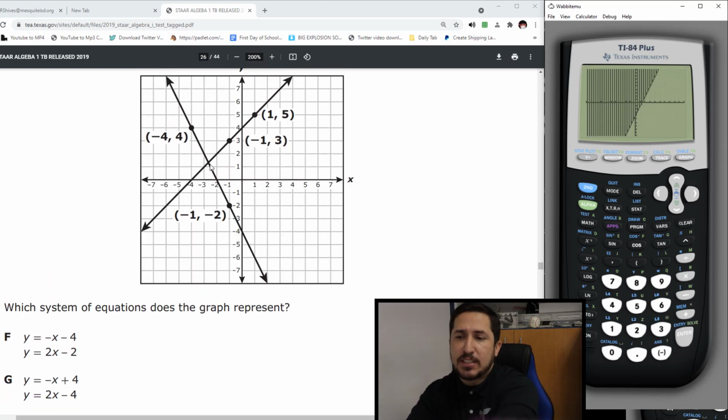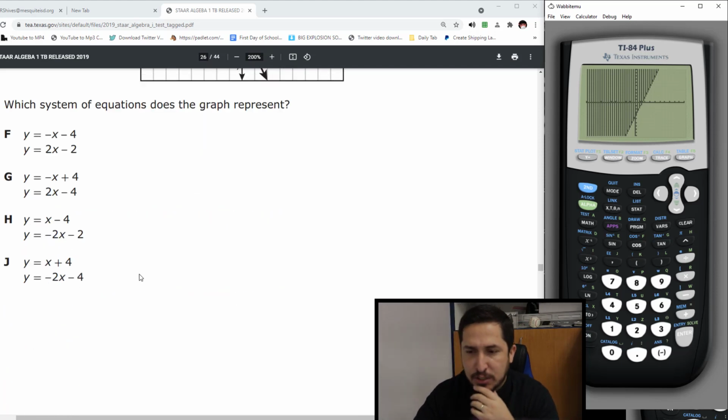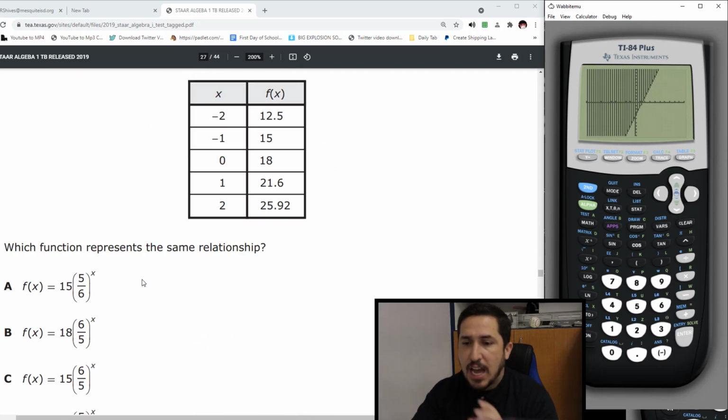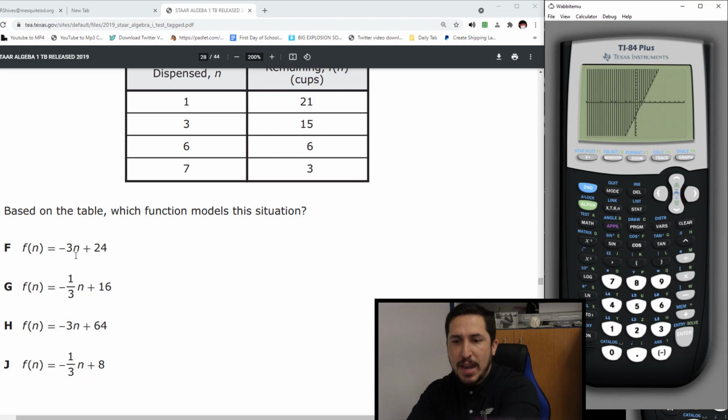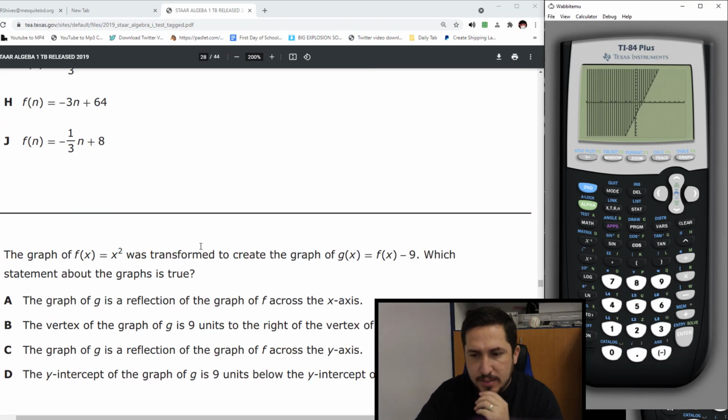This guy, system of equations. Whenever, it's where they touch. Just find the intersection. In case they didn't give you a graph, you'd graph him, and then graph him, then do second trace 5, enter, and it'll tell you the intersection, you'll be done. This guy, throw him in y equals, pull up the table, you should be great. This guy, throw him in y equals with the x, pull up the table, you should be great.